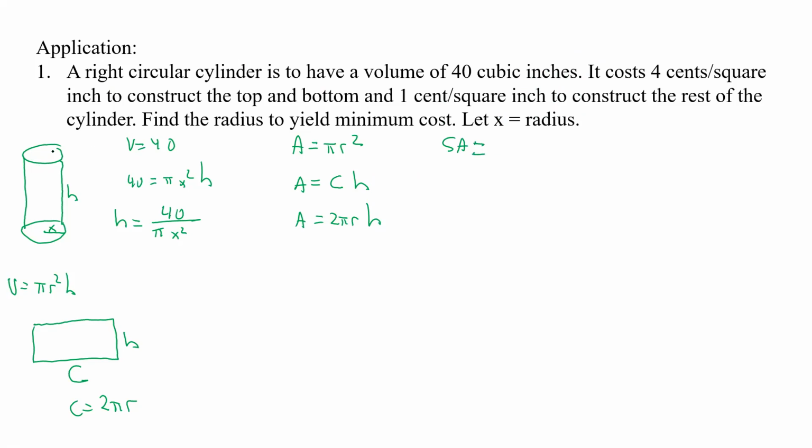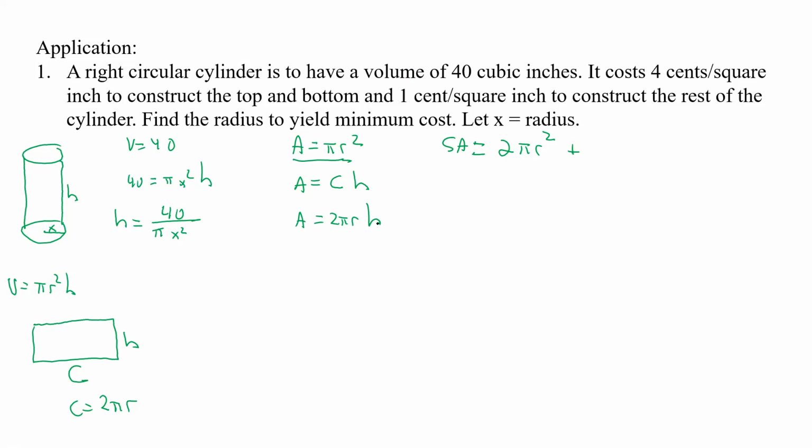well, we have a surface area of two things. We have two circles, so we have two of those. So that's going to be 2 pi r squared. And I should have used x, but I went ahead and used r because it's what we use. We're just going to have to remember to go back and forth at the end. And then we're going to have plus